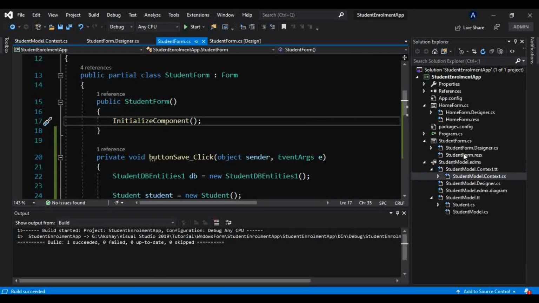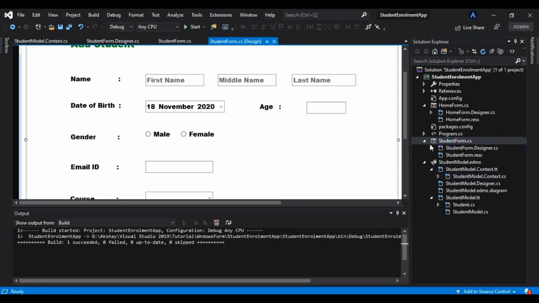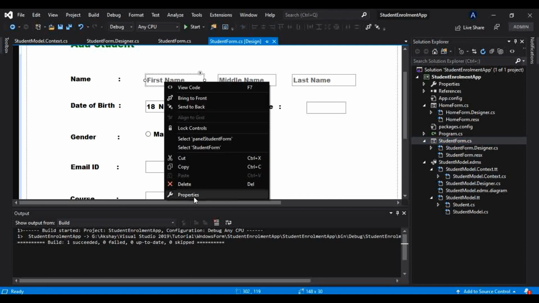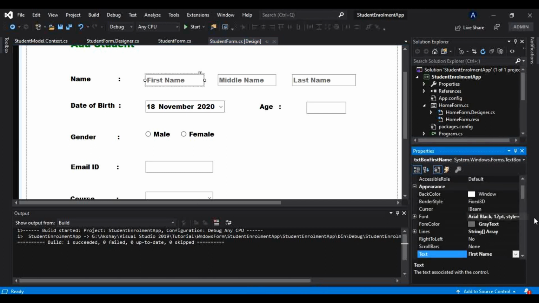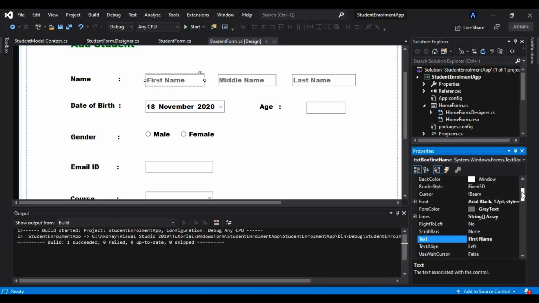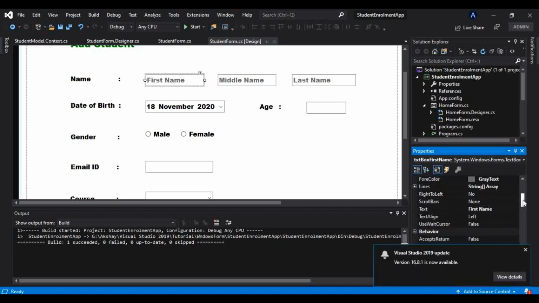If I go to the student form here and right click on this property, there should be the TabIndex, and we will find that somewhere here only.